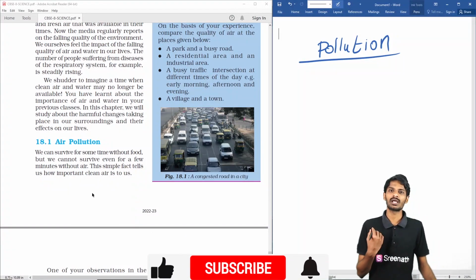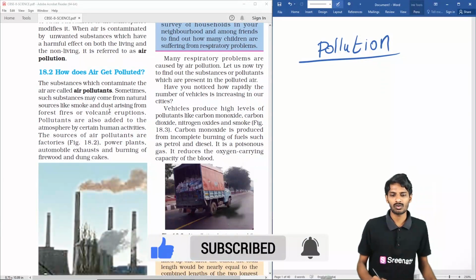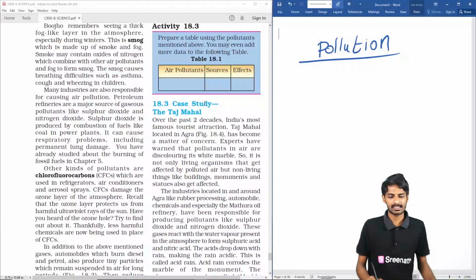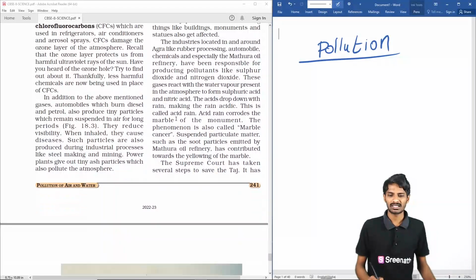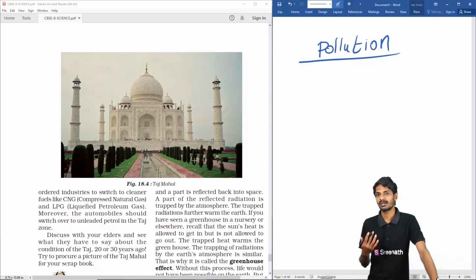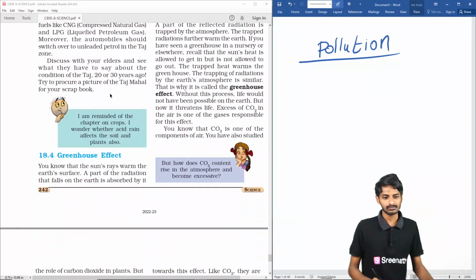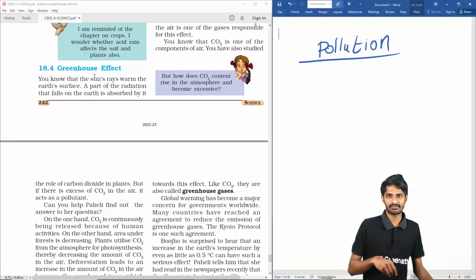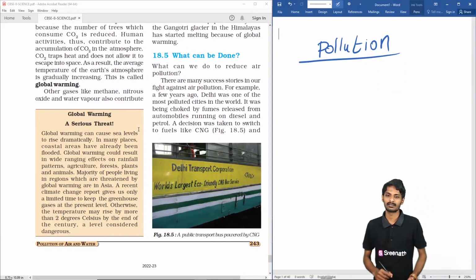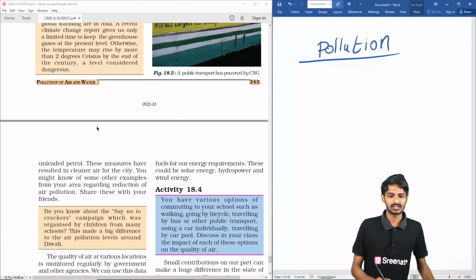So first thing is about air pollution, and next is how does air get polluted. And next topic is the case study regarding the Taj Mahal. What happens to the Taj Mahal? I think you know about the Taj Mahal. It is one of the seven wonders of the earth. Okay. And next thing is the greenhouse effect. It is the fourth topic. And what can be done to control air pollution? And next thing is